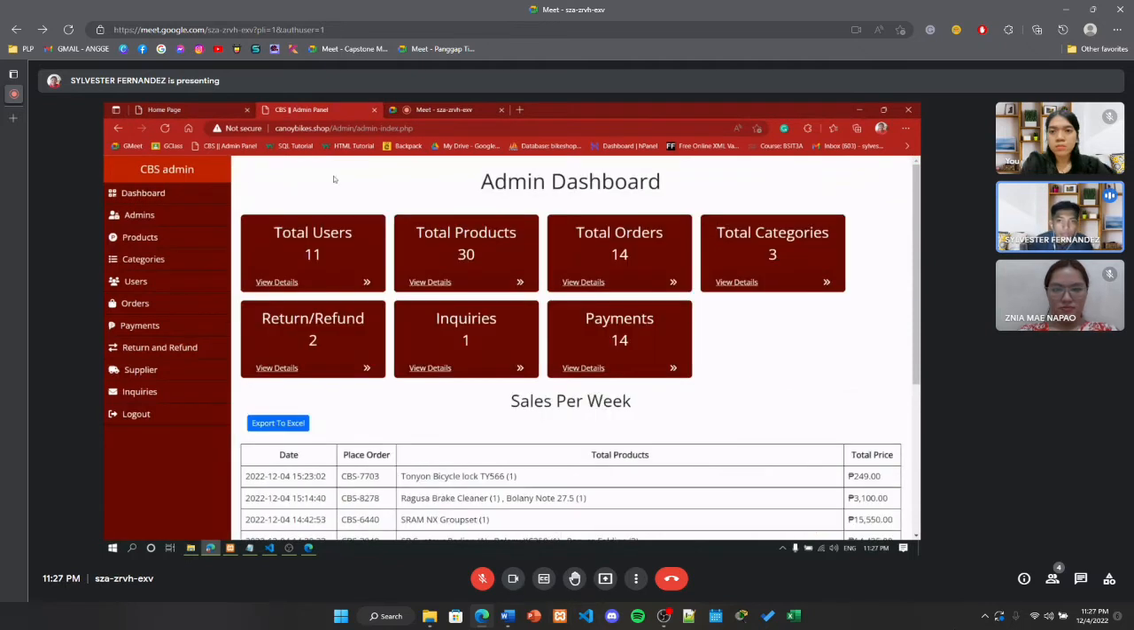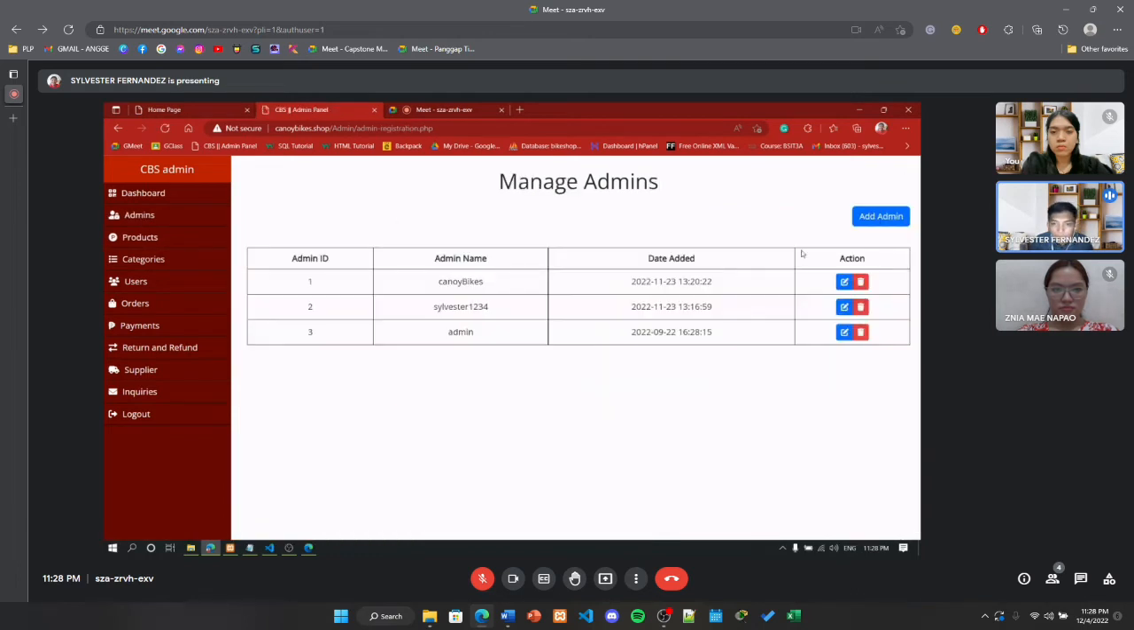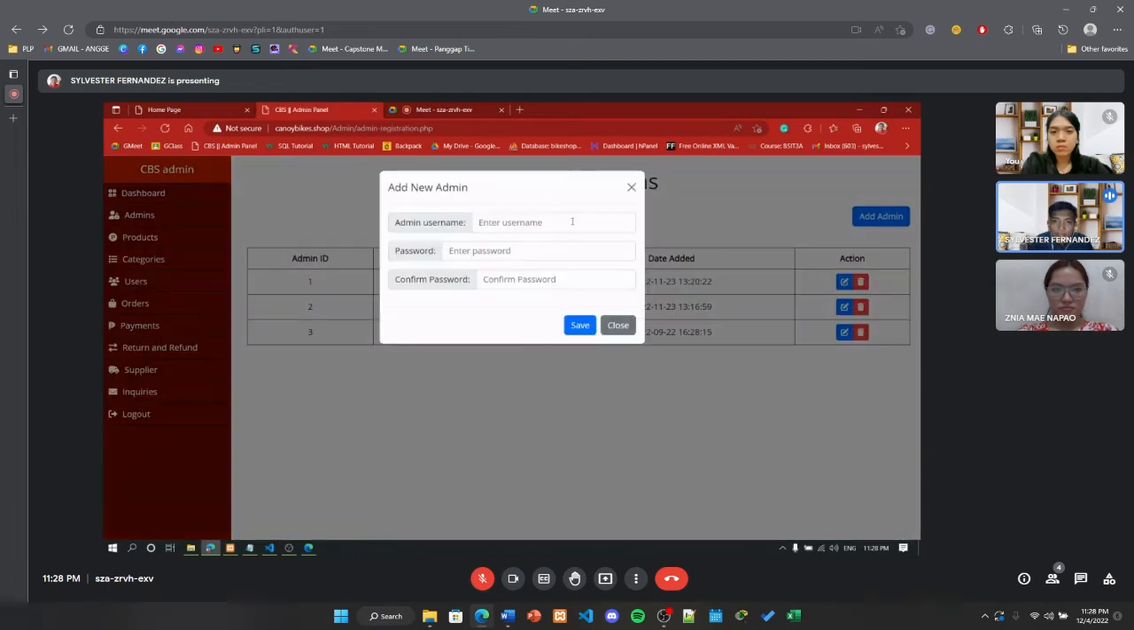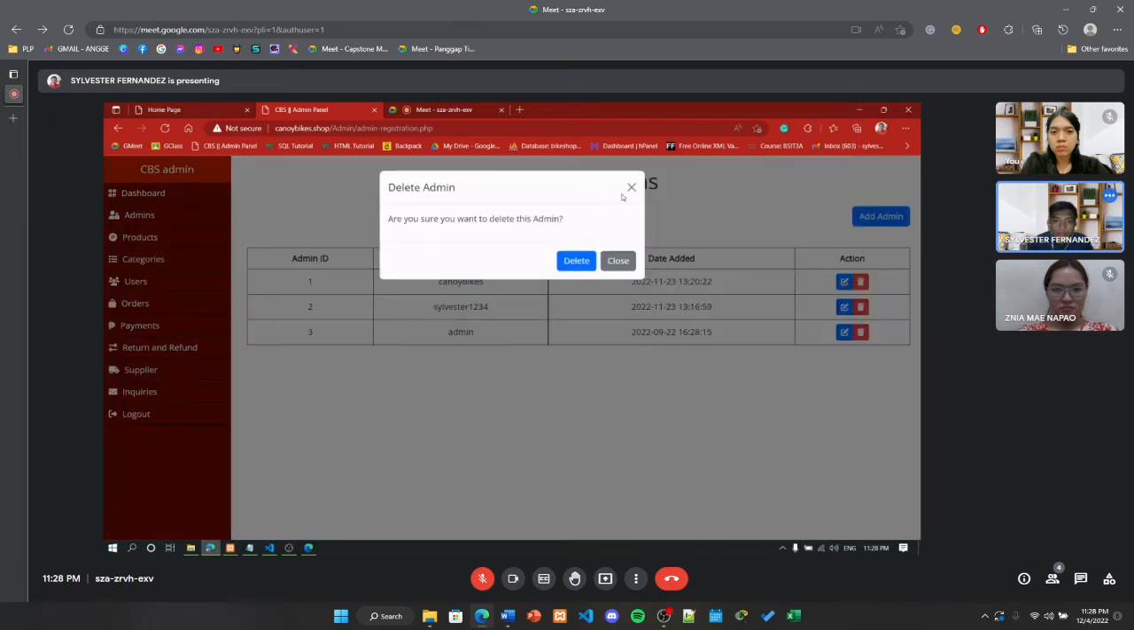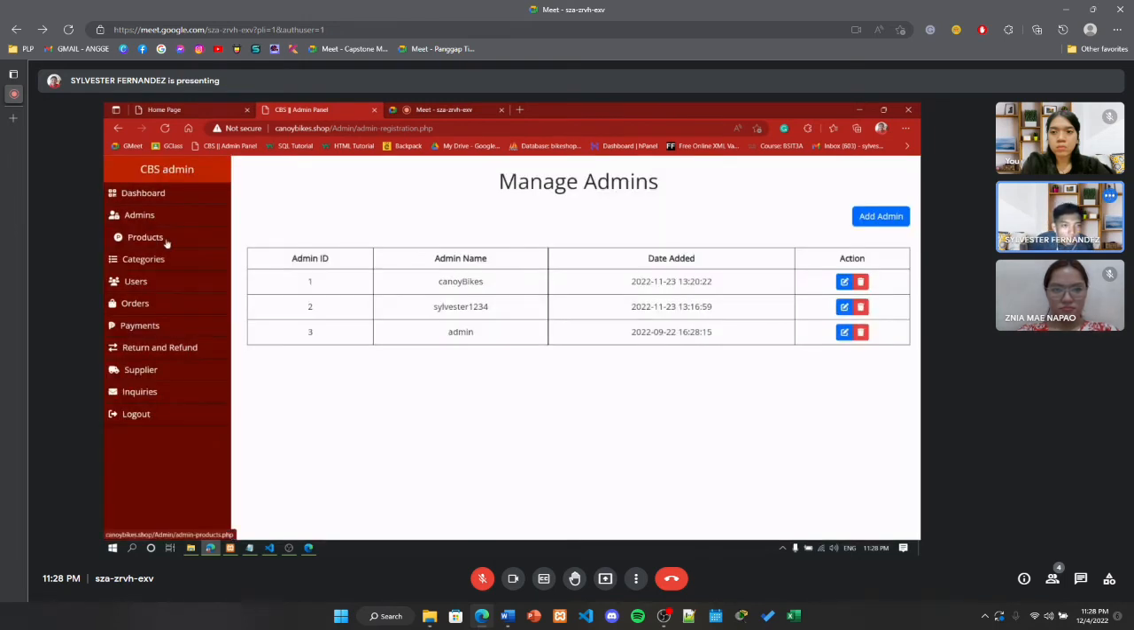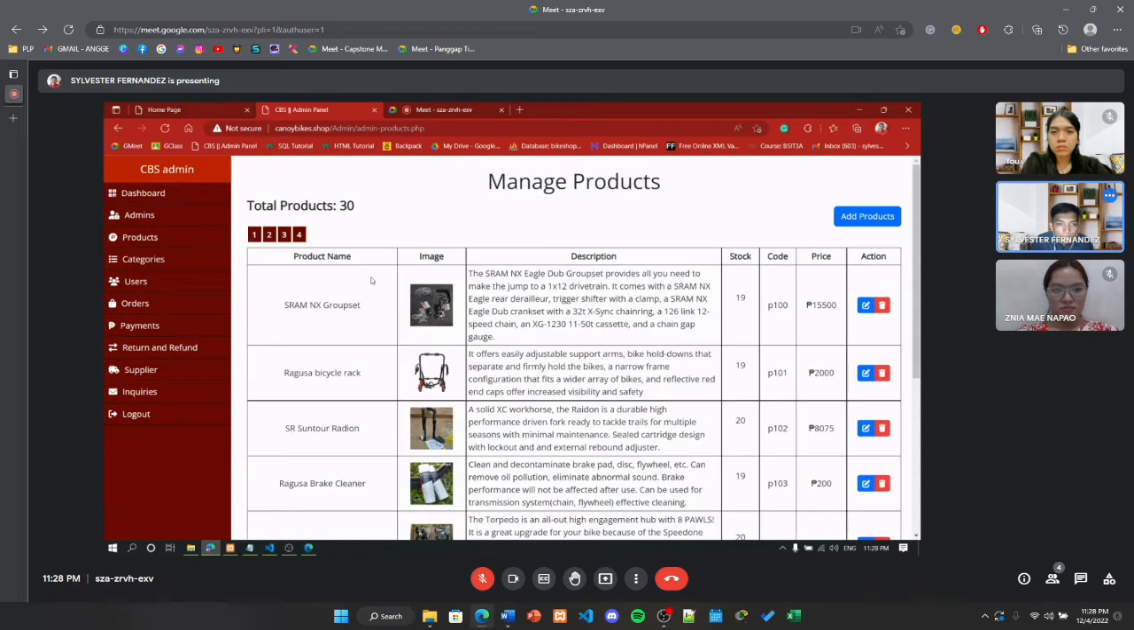So here in admin, you can see our admin dashboard, and you will see the shortcut links directly to this linking page. So let's proceed to admin. Here you can view the admins, and you can add an admin, edit an admin, and also remove an admin. So here in products, you will see the product details: the product name, image, description, stock,